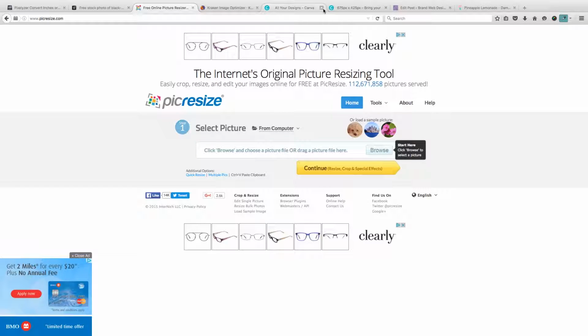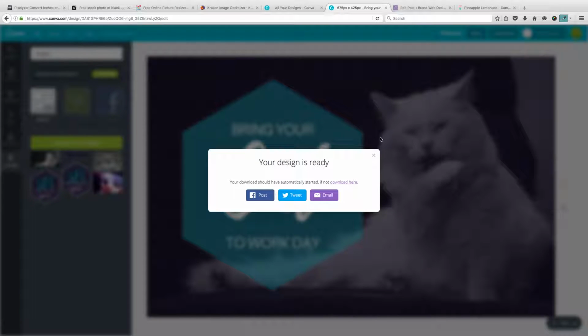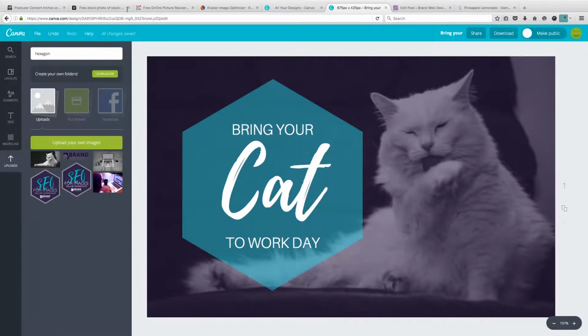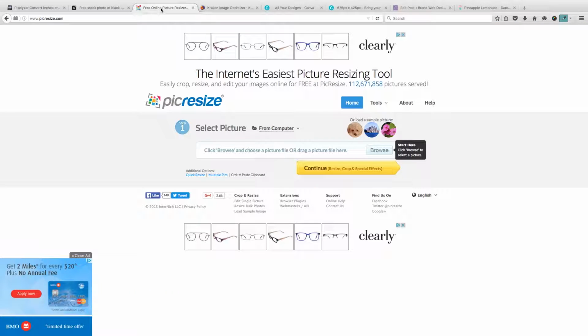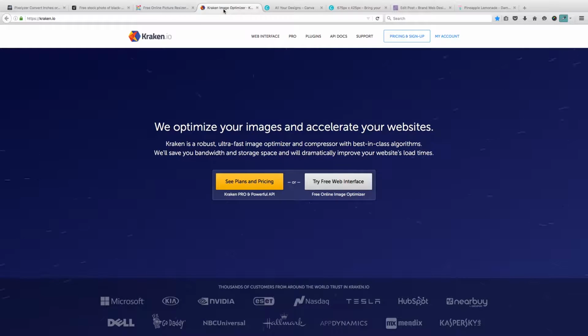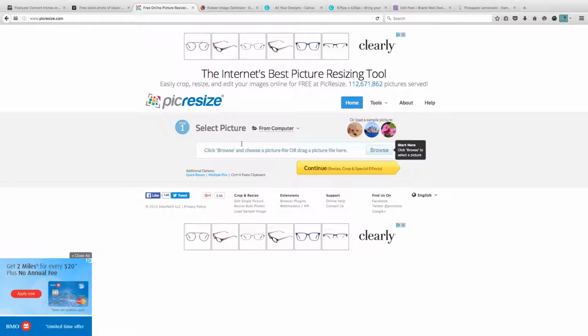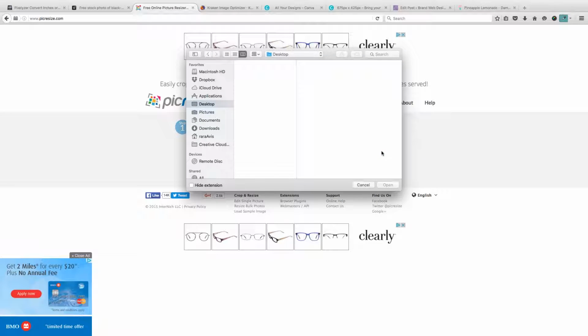Once you have your images too, you'll probably need to crop them just to fit. If you don't have Photoshop and Canva doesn't really crop images for you, just creates a different size artboard, you can use a program like picresize.com or kraken.io. They both work a little bit differently. So with